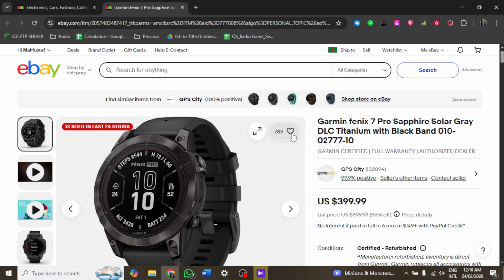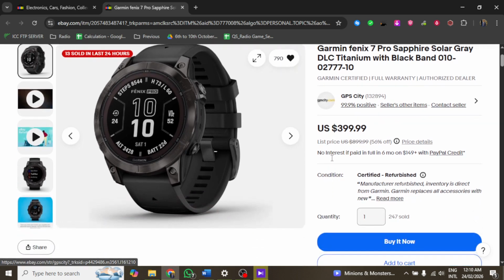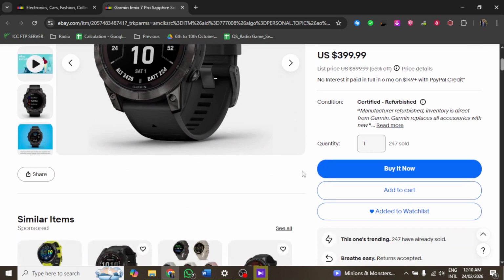your watch list. Next, to view your watch list, navigate to the My eBay section, which is usually located in the upper right corner of the eBay homepage. Click on it and then select Watch List from the drop-down menu. This will take you to a page where all your saved items are displayed. Regularly reviewing this list allows you to monitor price changes, check for discounts, and compare seller ratings for informed purchasing